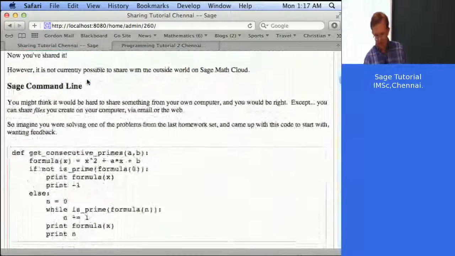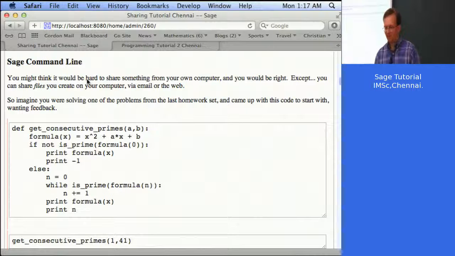Okay, now there's more to sharing than just web interfaces. Of course, many of you out there in TV world will just be doing stuff on your own computer, right? You have something you're trying out, and maybe it works, maybe it doesn't work, and you might be doing it on the command line. So you might think, well, how do I share that? Maybe I just wrote some really short thing, and that's just on my computer. Well, you can share files you create on your computer via email or on the web, right? So you can either put them up on a website for download, or you can share the text